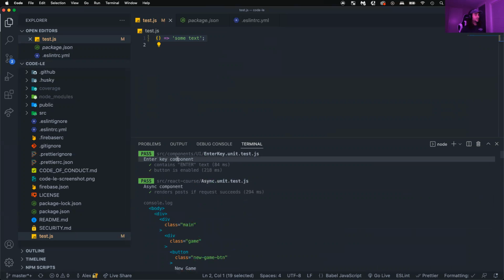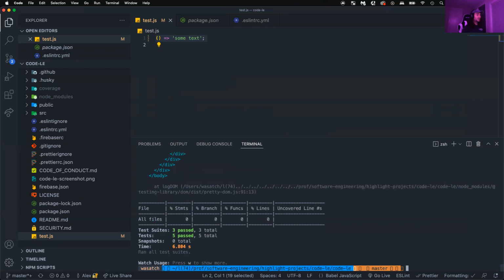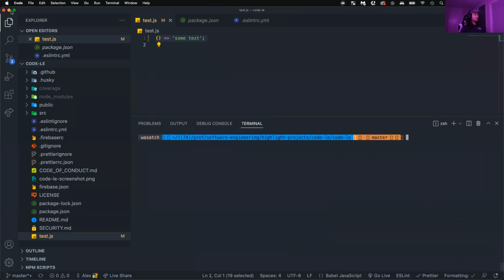You can see "enter key contains enter text," which is a silly unit test. "Button is enabled," also kind of silly for this one. Obviously the button's going to be enabled, but you get the point. And you can do async tests there as well. Holy moly, this ended up being way more than I was expecting. But yeah, that's a quick look. So we'll wrap it up